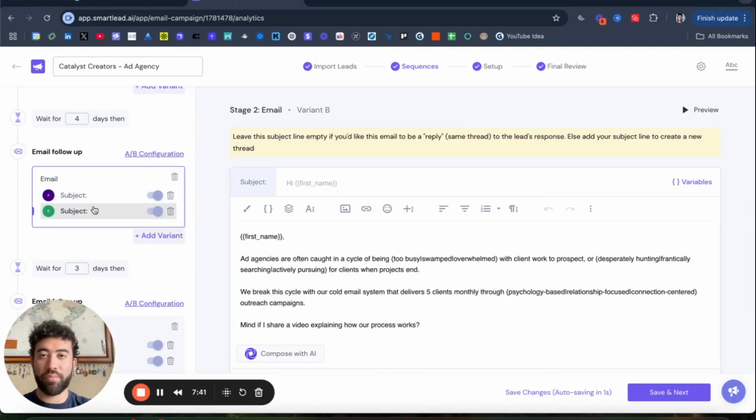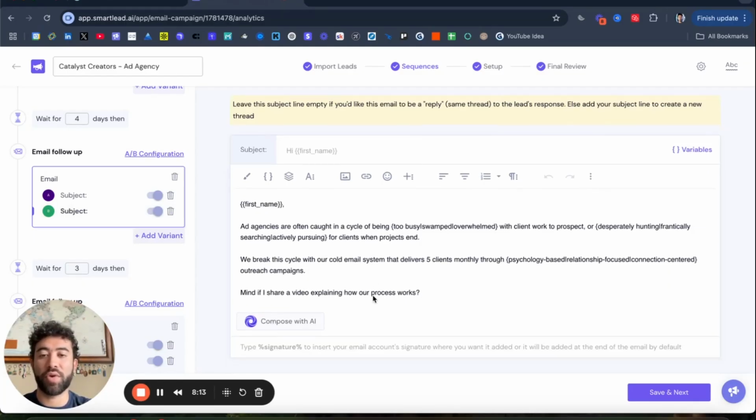So it's pain point, process, solution. And the reason for that psychological approach is we're doing the research behind the scenes where we're digging into the pain points. Then we're going through the process of what the company does and framing the company, whether it's Catalyst Creators or other clients that we've worked with, as the solution to their problem. So this is exactly why we do it. A lot of people say that guarantees and lead magnets work best. Underratedly, psychological perspectives and empathy have been one of our best performing scripts. So do recommend checking this out.